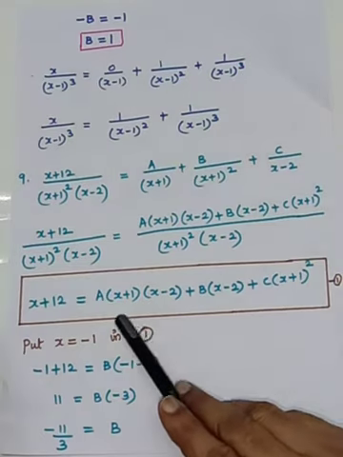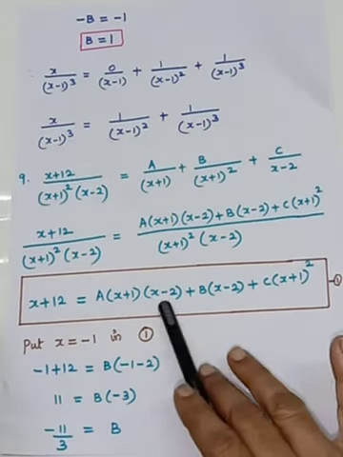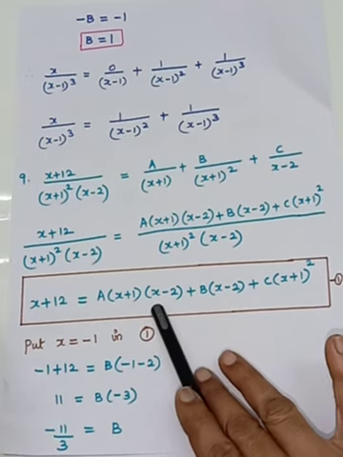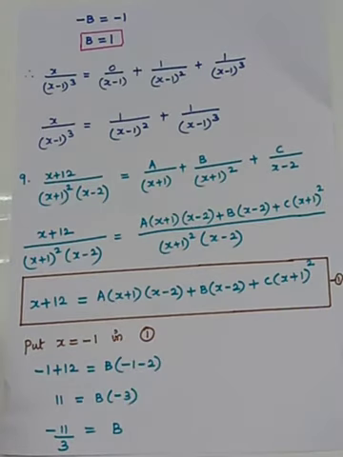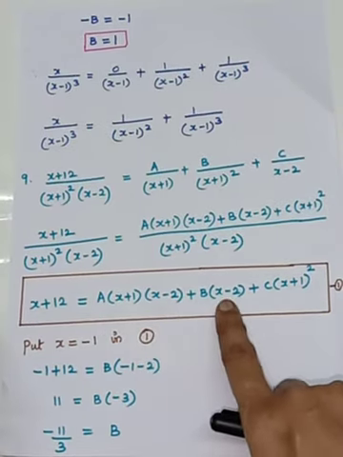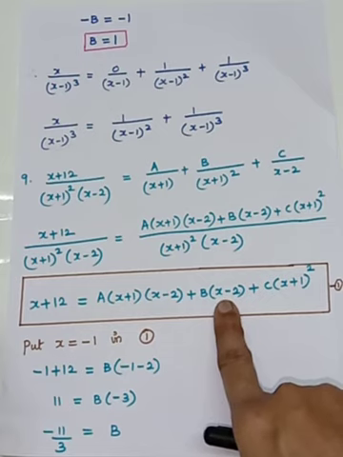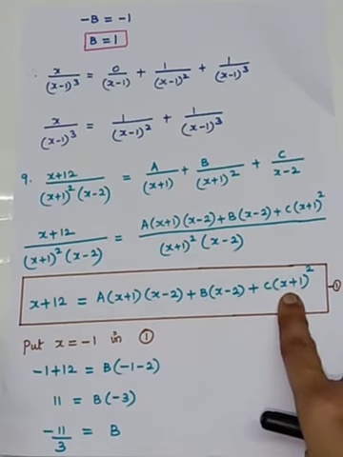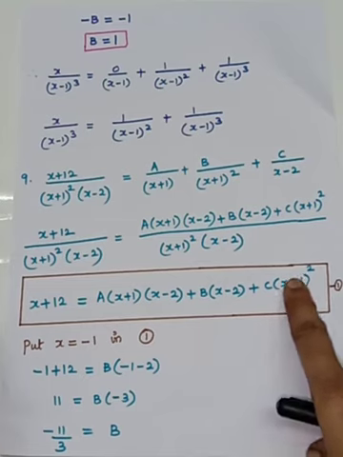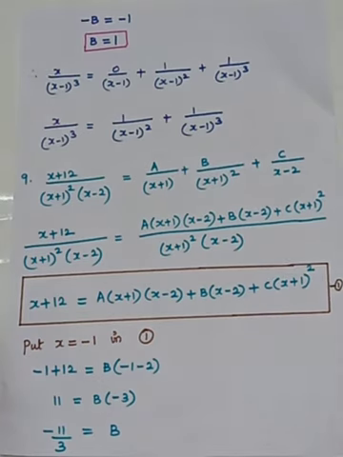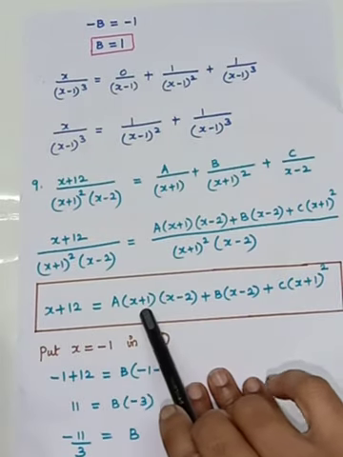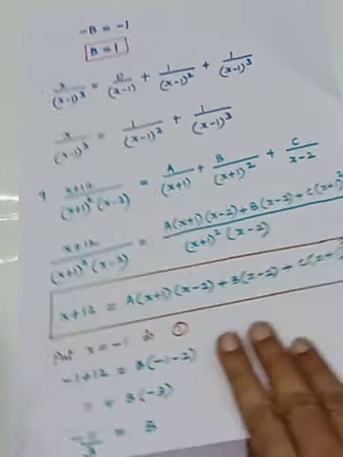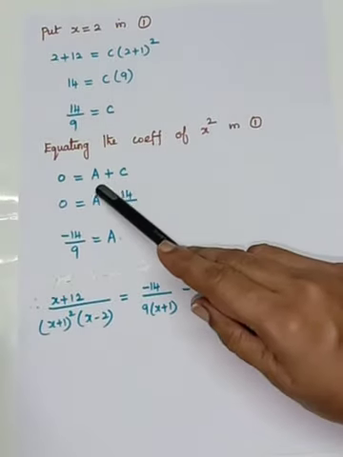Come to the right side. Here, on seeing this, there is no x squared term. But when you multiply x into x, what has to come? x squared. So into a, the coefficient of x squared is nothing but a for this term. And come here, there is no x squared term visible. But when you expand this, it is in the form of a plus b the whole square. So the first term is x squared. So c into x squared, that will become c. So the left side is 0 and here you are having a, here you are having c. So therefore 0 is equal to a plus c.